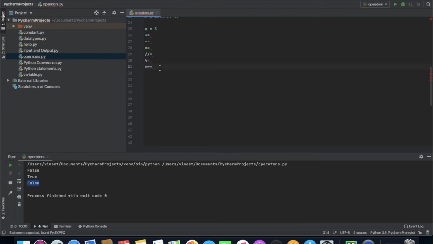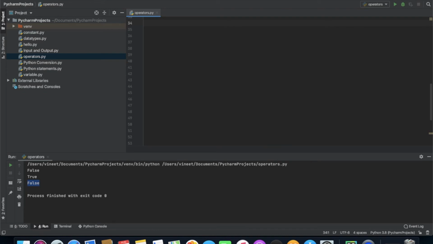So let's look at another method, which is special operators. Python language offers some special types of operators like the identity operators and the membership operators. So we will be looking into identity operators. Identity operators are is and is not. These are the identity operators in Python 3. They are used to check if two values are located at the same part of the memory or not. Two variables that are equal does not simply mean that they are identical.